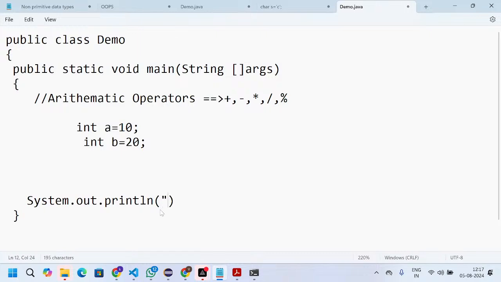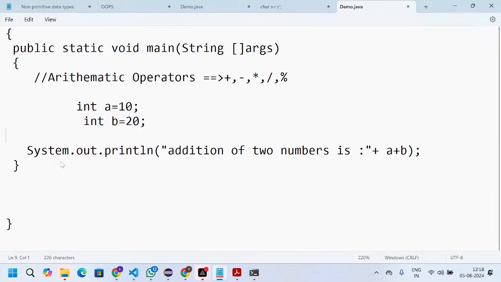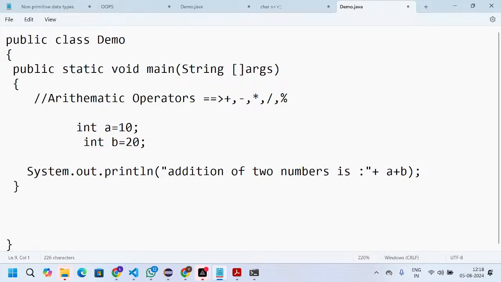Here you can mention the addition of two numbers, doing the concatenation. This is the addition.